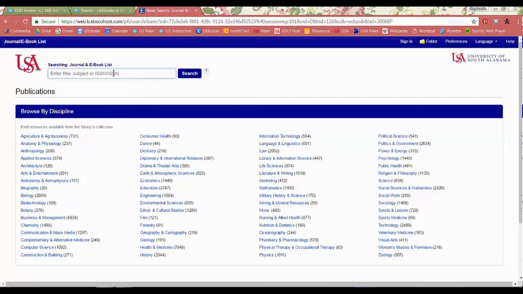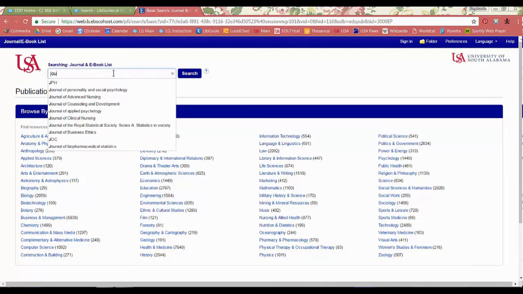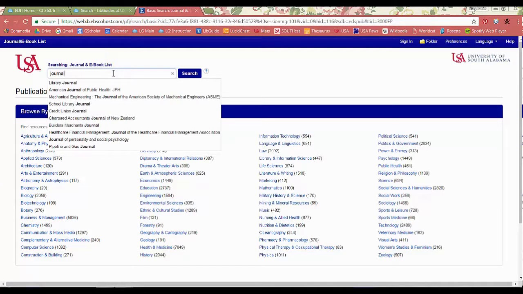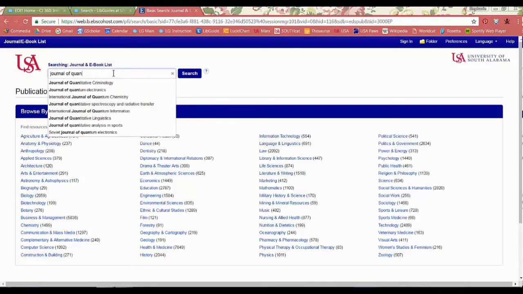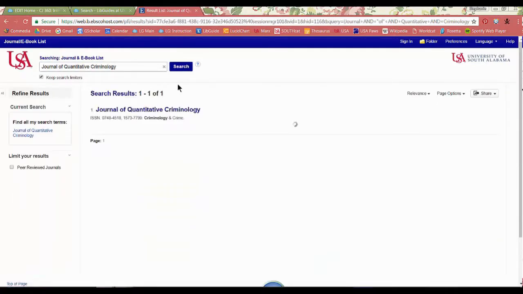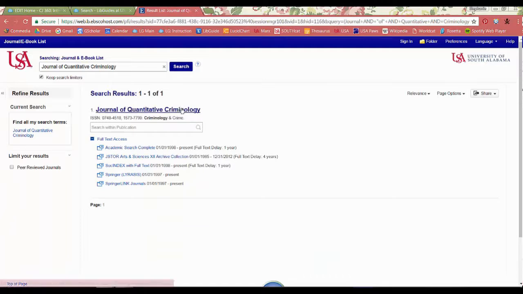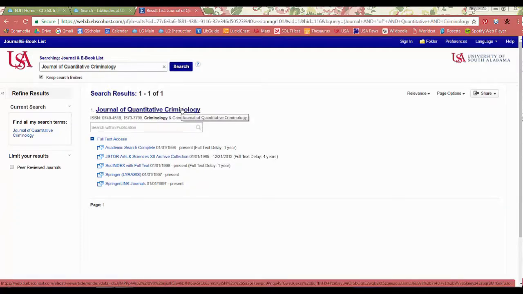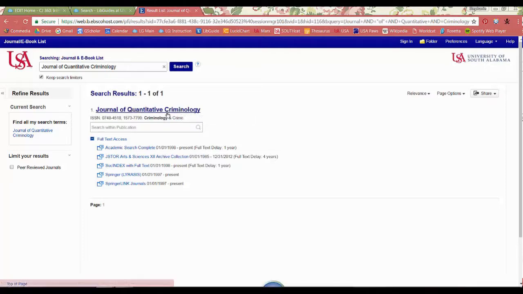So if you know that the name of the journal is the Journal of Quantitative Criminology, you can type this into the box. You can see that it suggests Journal of Quantitative Criminology, so we'll click on this. And we only have one result, and this is the correct name. Make sure that the name matches the journal you're looking for. Sometimes journals have similar names. If you click on this result,